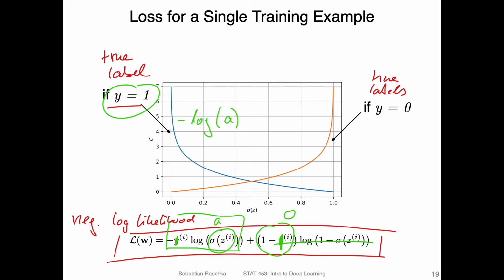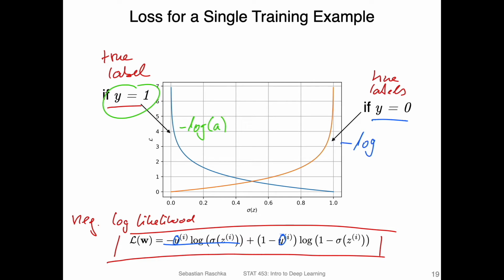Now, if my label is 0, then let me erase this. This is maybe a little bit messy here. So we set minus log of A, and for this right-hand part, if y is 0, then this part will be 0. 0 times something cancels. Here we have a 0, so this will be 1. So if the true label is 0, then the loss function is minus log 1 minus A.